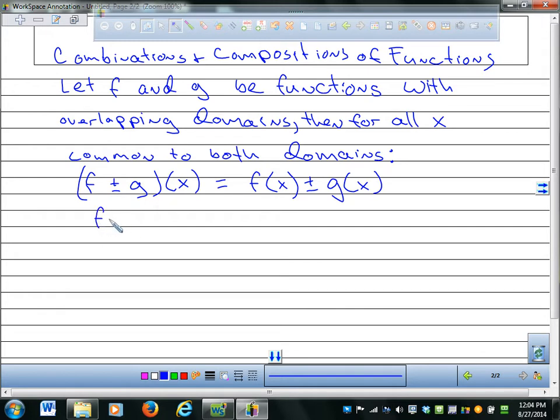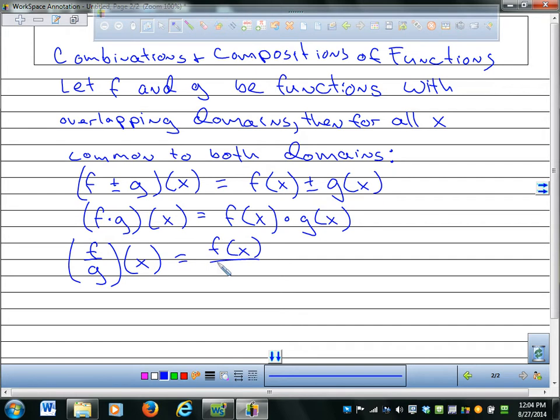This means f times g of x is just equal to f of x times g of x. And this means f divided by g of x is equal to f of x divided by g of x, provided g of x cannot be equal to 0, otherwise the function is undefined. So all that means is, if you know what one function is, so for example,